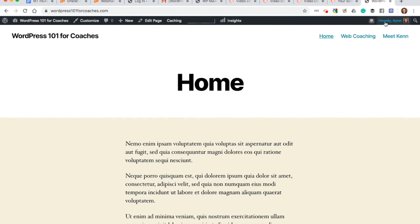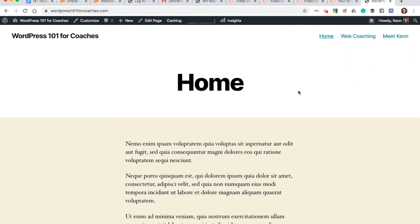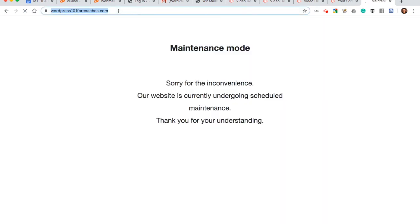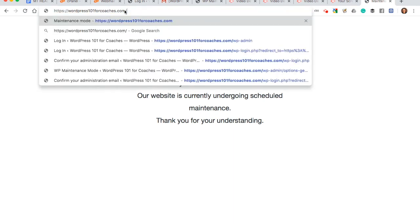But if we were to log out of the website, and I will do it now, and so now we're actually just a normal visitor, we're not the administrator anymore, and we go to the website, WordPress101forcoaches.com, we have a look here, it says maintenance mode. Sorry for your inconvenience, we're undergoing scheduled maintenance, thanks for your understanding. Okay, so maintenance mode is activated, and what I'm going to do is log in again,